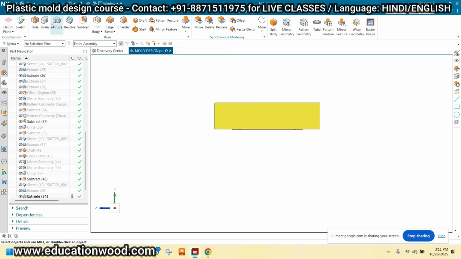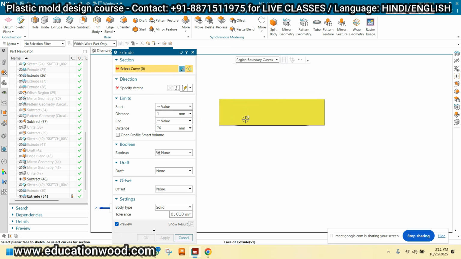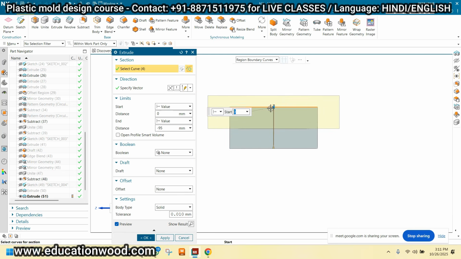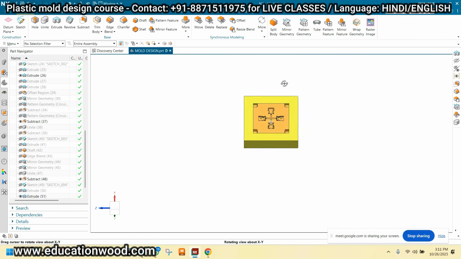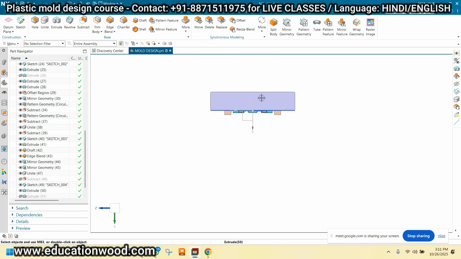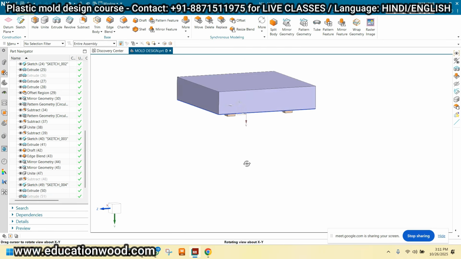Now, let me check. Extrude. Get the region. Okay, and just subtract from this and click OK. See, right? And again I'm taking this face.